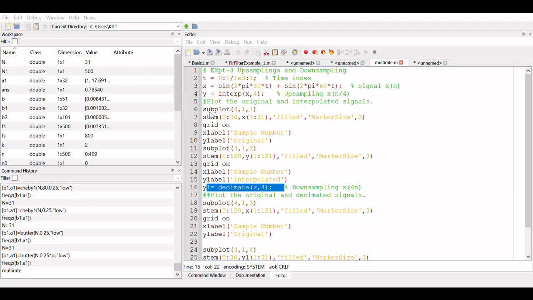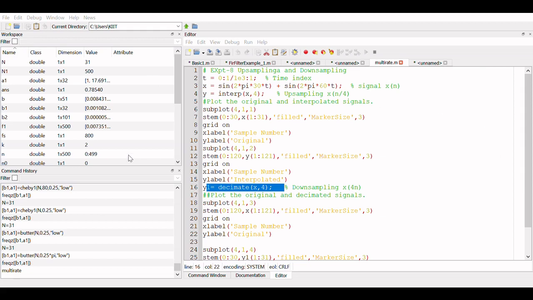Now you can see a very interesting graph. Graph number 1 is the original sequence, taken from those 1000 samples. To show you interpolation, which means an increase in the number of samples, I have chosen a smaller number of samples, 0 to 30. How much is the upsampling factor? It was interp x comma 4, that is a factor of 4. So the sample size has to increase 4-fold, and you can see this is 120 samples.